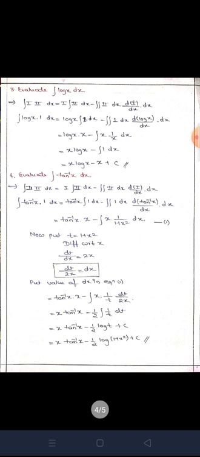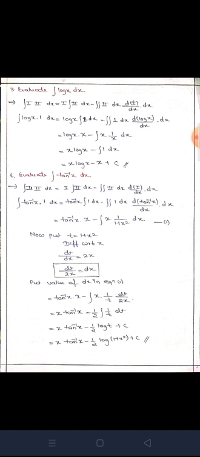Next, evaluate integration of log x dx. Now here they have just given log x. So you are having only one term, but you don't have integration of log x directly. So what you have to do? Again here you have to apply integration by parts, but you are having only one term. So the second term you can take as 1, because log x into 1 will again give log x. Fine. So write the formula first.